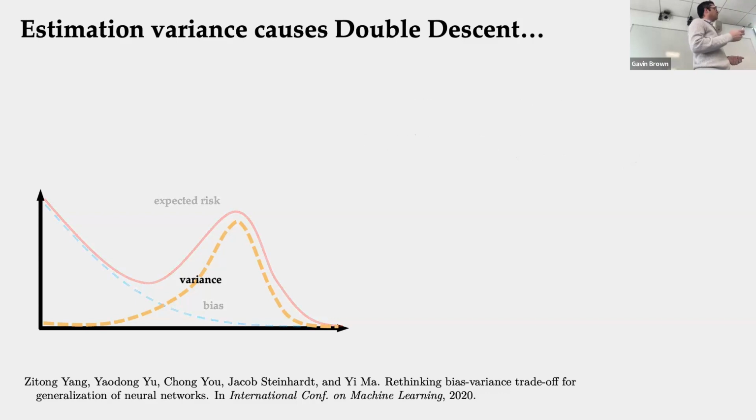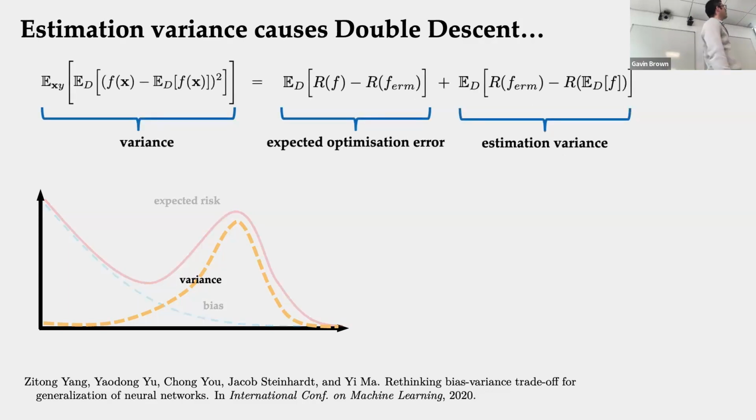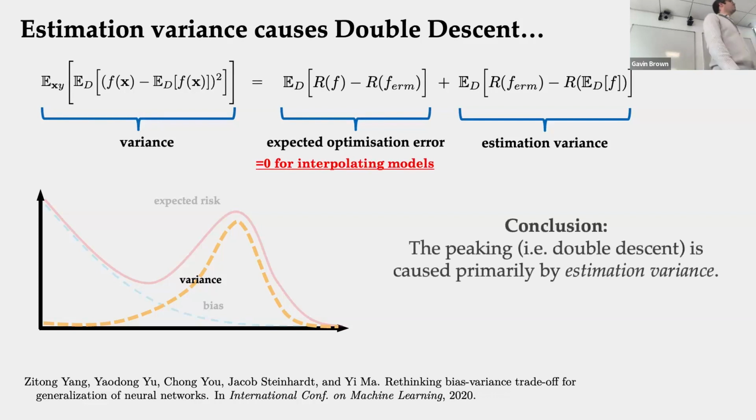The thing is, we know if we focus on this variance component from this piece of work, the variance is actually in two components: the optimization error and the estimation variance. And in an interpolating model, as it's called, we have no optimization error, so it's 0. So what we conclude from this is that this double descent peaking variance phenomenon is caused almost exclusively by this second term. So studying the dynamics of this second term, this estimation variance, maybe will give some insight to double